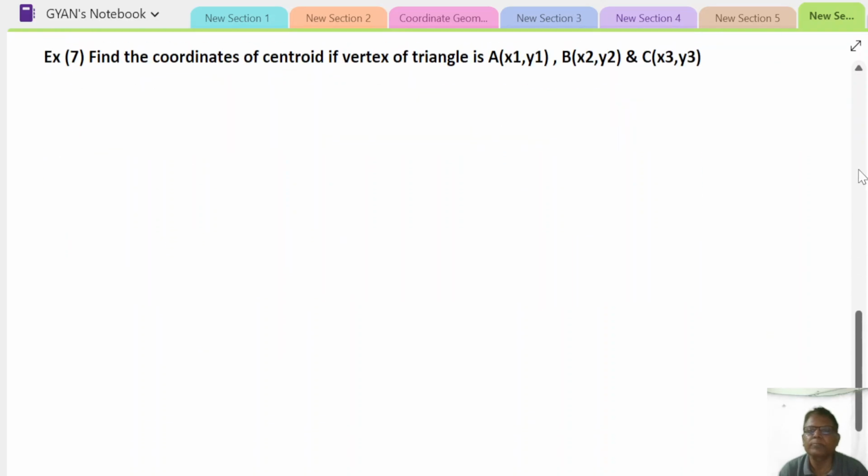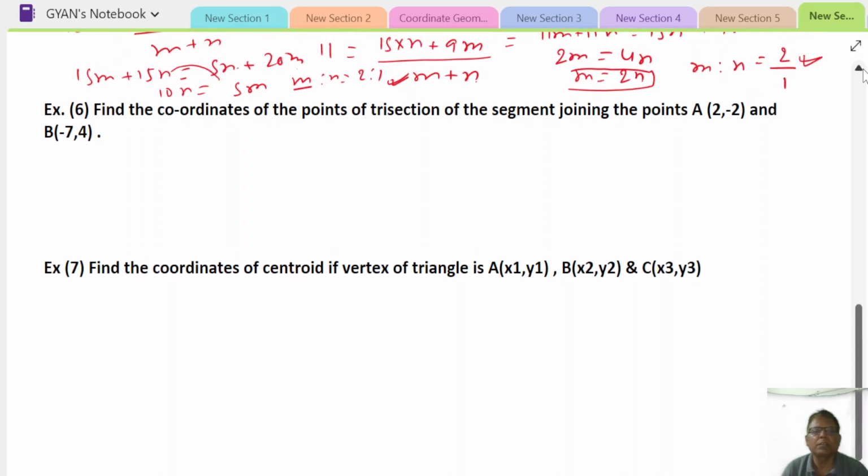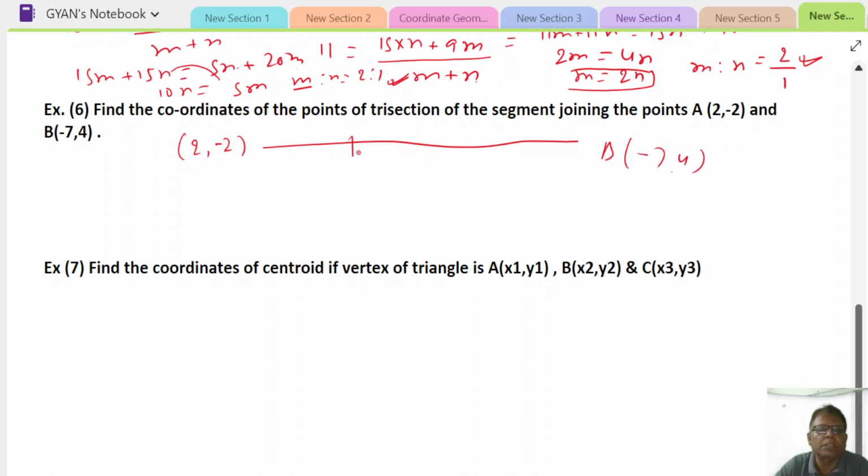The sixth question says trisection. Trisection means A is (2, -2) and B is (-7, 4). So trisection here, this segment is 2 and this segment is 1. So this coordinate will be